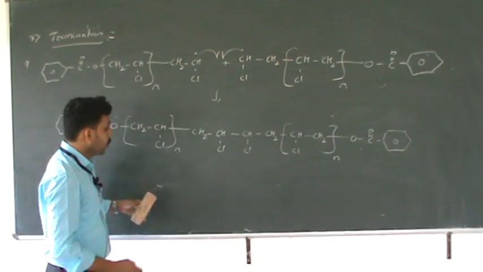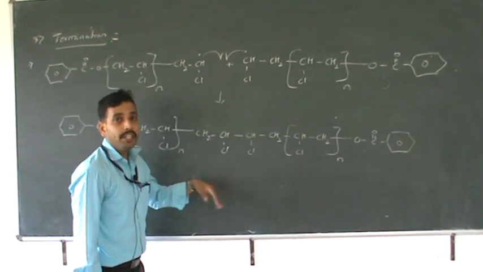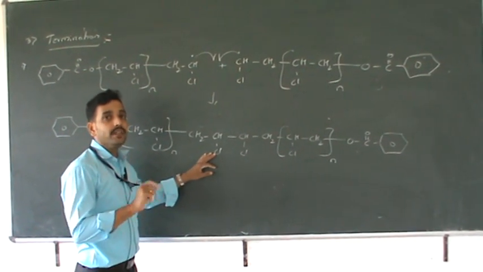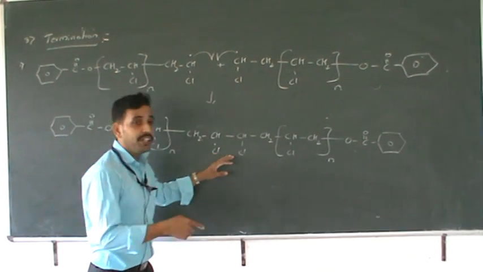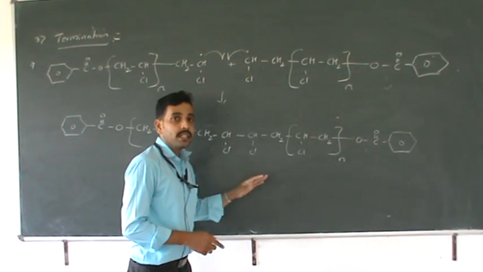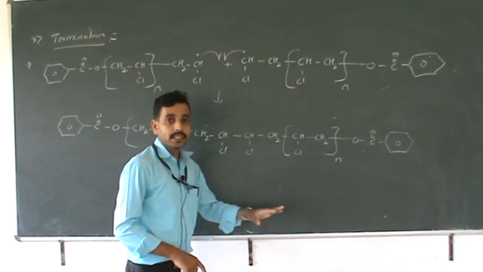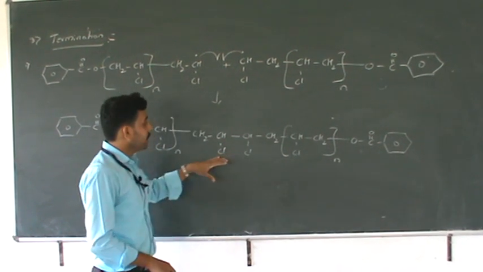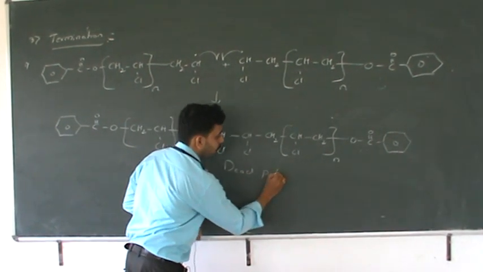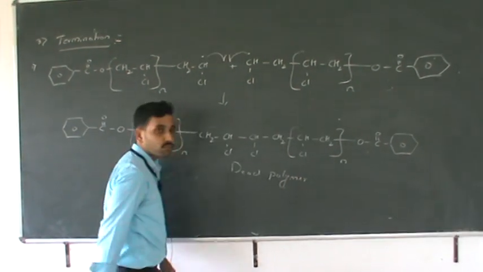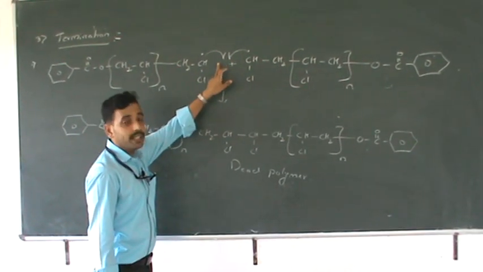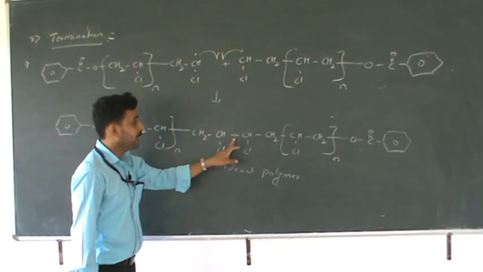In here, there are no active radical sites. If a chain has one of the free radicals, it is always an active species. It will continue to grow the polymer chain, hence it cannot be arrested. Termination is to kill the growing polymer chains, and after termination these polymer chains are dead polymers. So in here, it is terminated by the sharing of the individual lone electrons, forming the sigma bond between